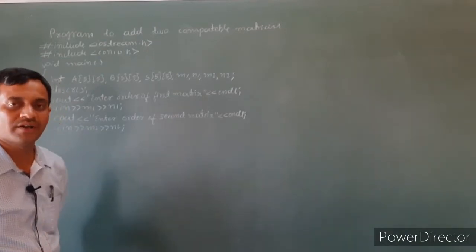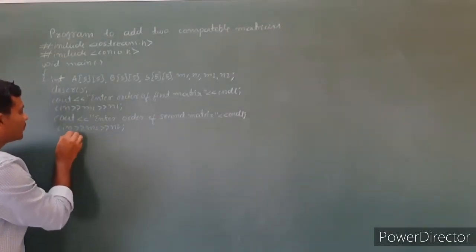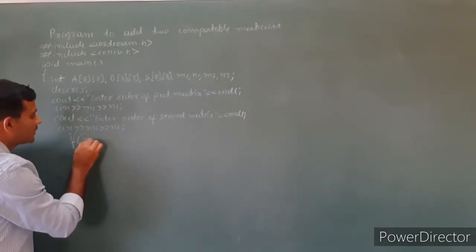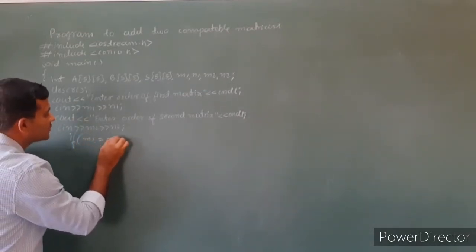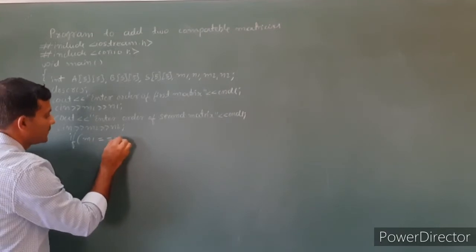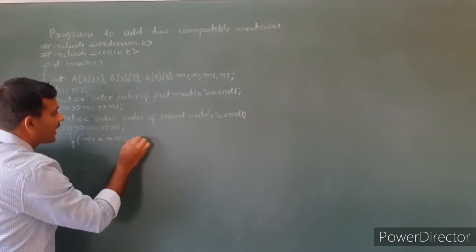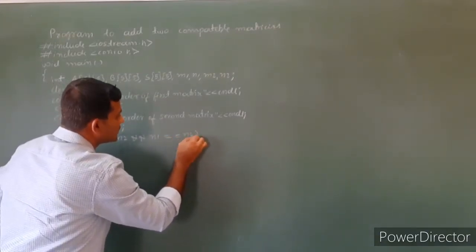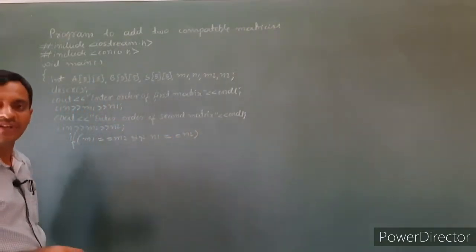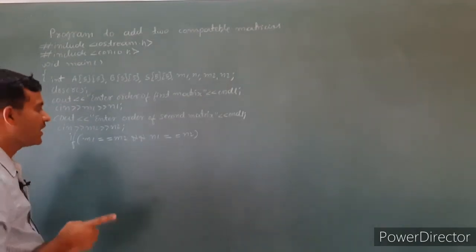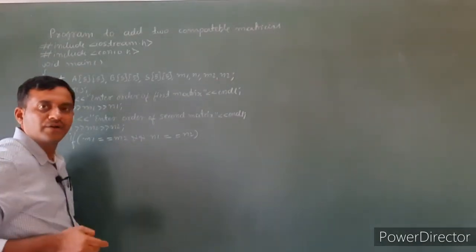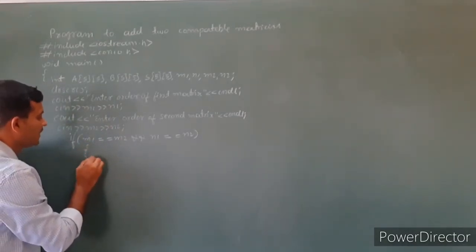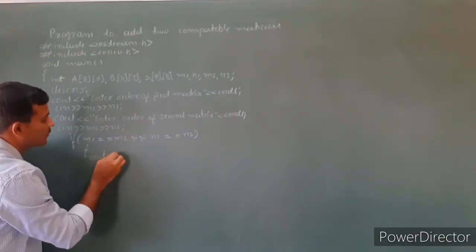After reading the orders, verify if both are compatible or not. How to verify? If M1 is equal to M2 and N1 is equal to N2. See the equality operator: double equals is an equality operator. Verify the orders are same. If it is same, then output,